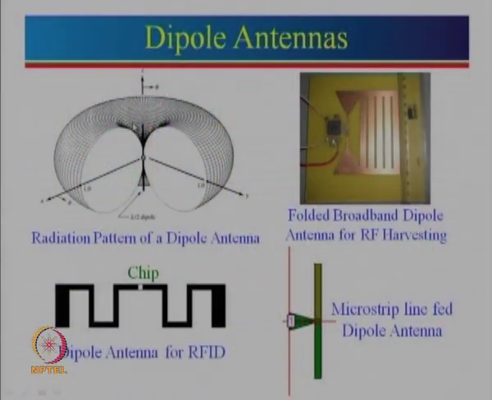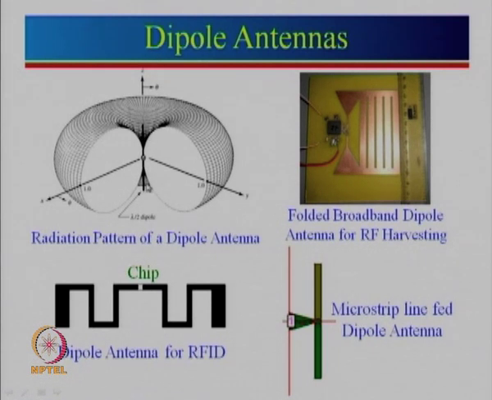Now let us look at these basic antennas one by one. The simplest antenna which we look at is the dipole antenna. A dipole antenna is right over here. Typically, the theory starts with a very small dipole antenna, then we talk about a lambda by 2 antenna, and of course, one can increase the length of the dipole antenna also. But for this one here, the radiation pattern, if you see, is radiating uniformly in all directions. But if you look here, the maximum radiation is in this direction, and then as we go up, we see very little of it.